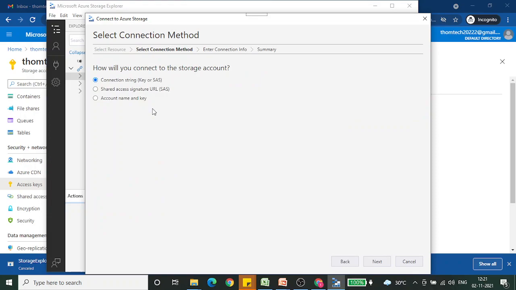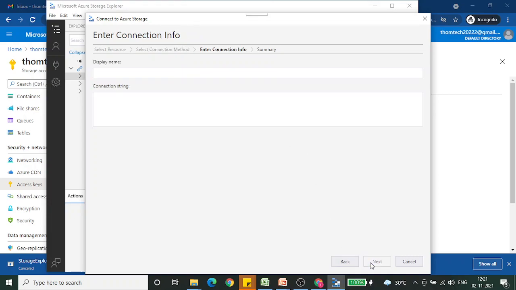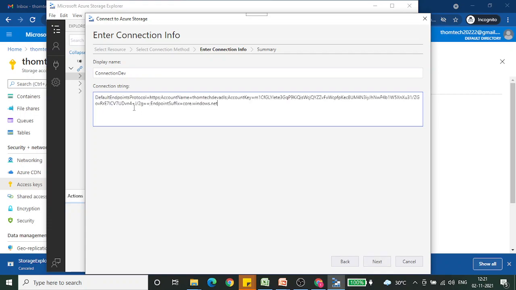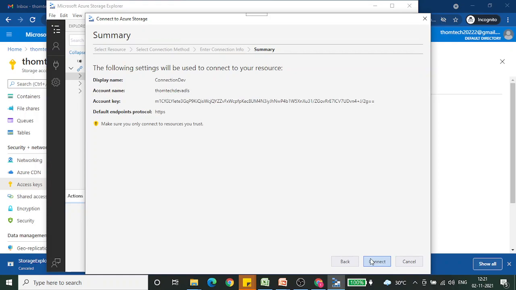Now we again have three options. One is connection string through key or SAS key, another is shared access signature URL, SAS, and then we have account name and key. I will go with connection string. Let's click on this and put in the connection name, and put the key that I have copied. Click next.